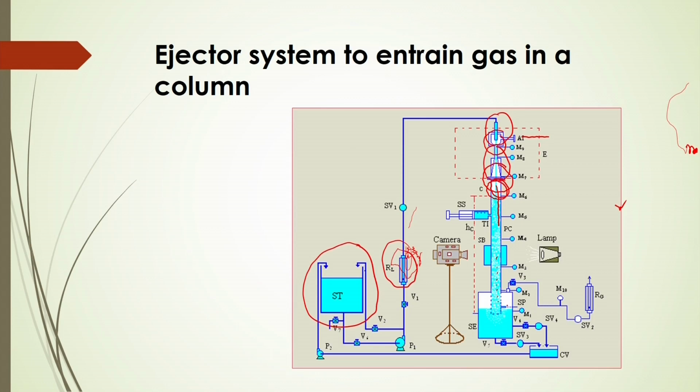By that high pressure there, and through this outlet, the gas will be separated in this separator from this liquid and come out there. So, this is the process by which you can produce finer bubbles and get gas-liquid contact by intense mixing and more interfacial area by this ejector system.